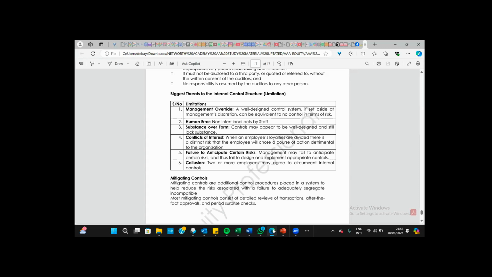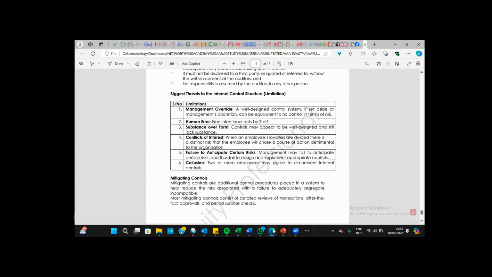There must be additional procedures put in place to ensure that nothing goes wrong, to ensure that there are no material misstatements, to ensure that there are no fraudulent transactions within the organization. That's why we call it mitigating control, that is adding additional controls or implementing more controls. Okay? So some examples of those controls are what we call after the